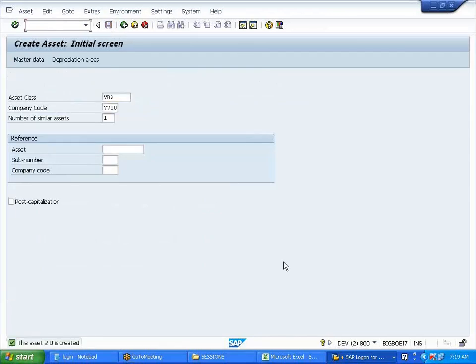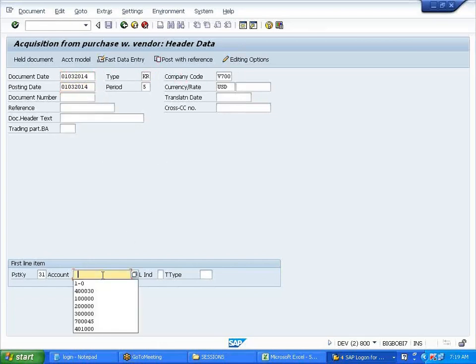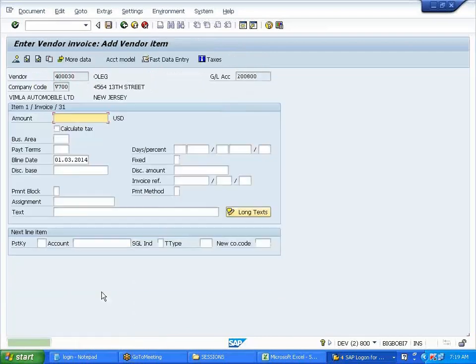Okay. Now I'll purchase this asset. So let's say we purchase on March, 01/03/2014. Same 120,000.